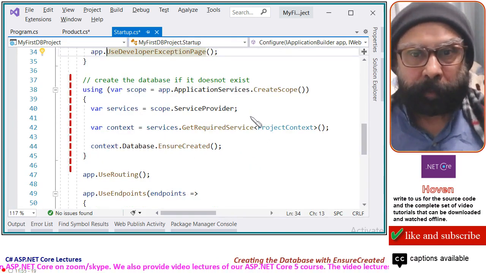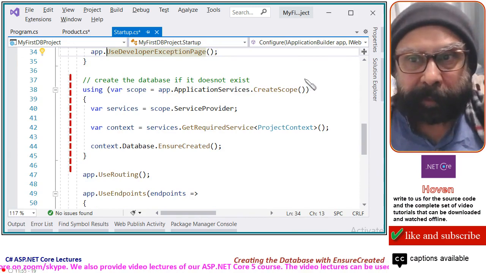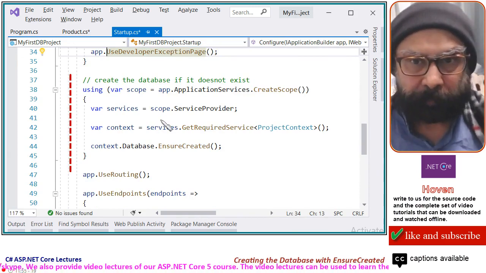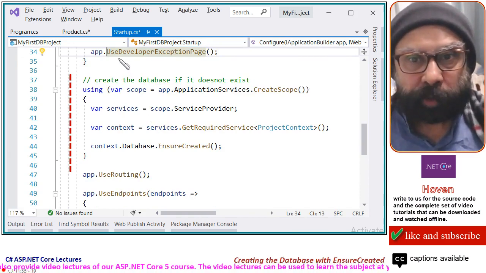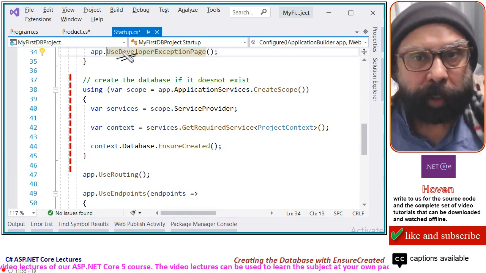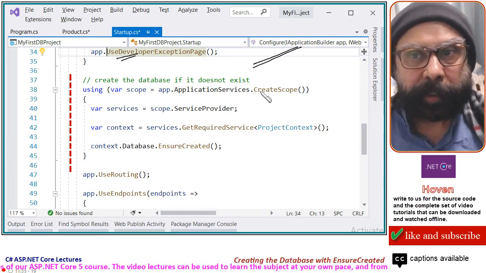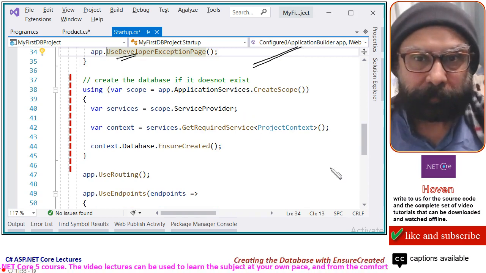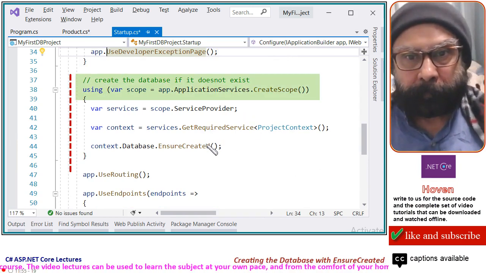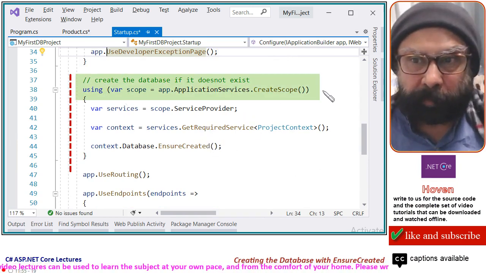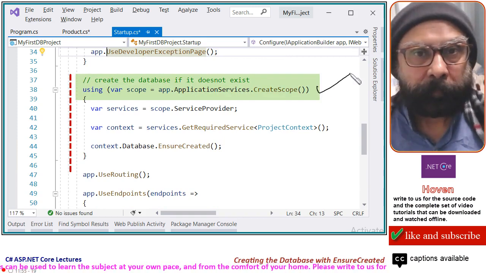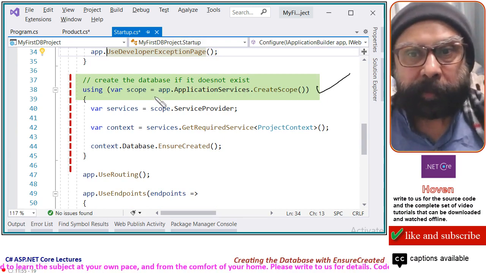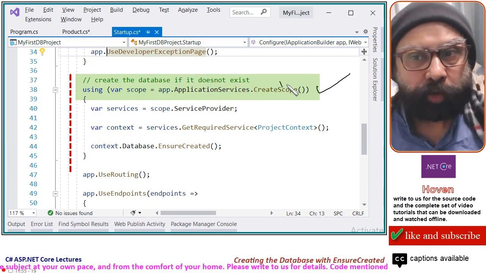So, this is the code that we have added to the Configure method. Just use developer exception page. If you scroll a bit, this is the Configure method that I was showing in the previous slide. Create a scope. We have to create a scope, and the scope is created this way: application services create scope.